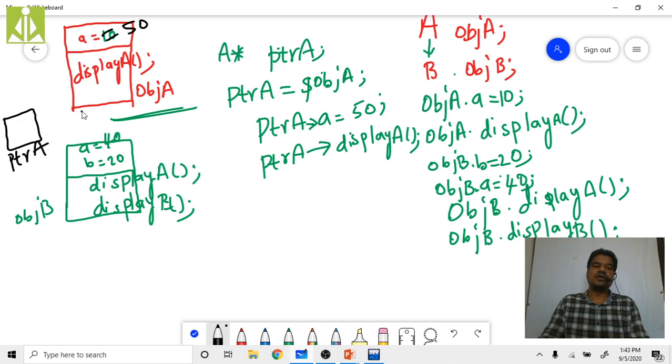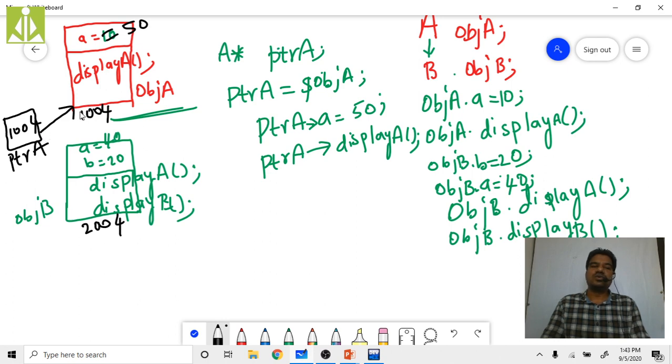Right now let us assume this address is 1004 and this address is 2004. So right now it is pointing to 1004, the address of the base class object. So it is pointing indirectly like this.